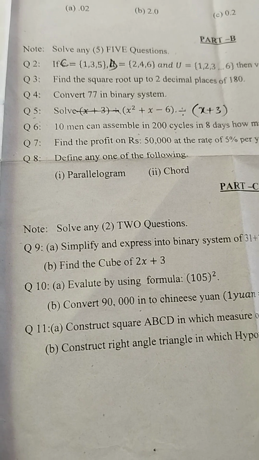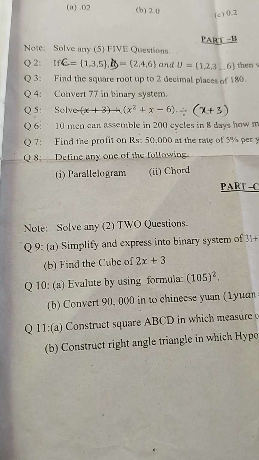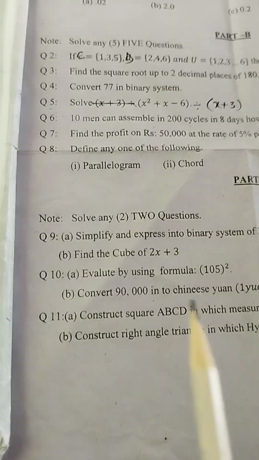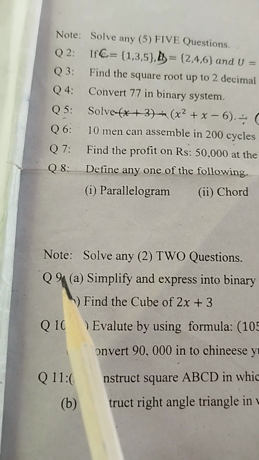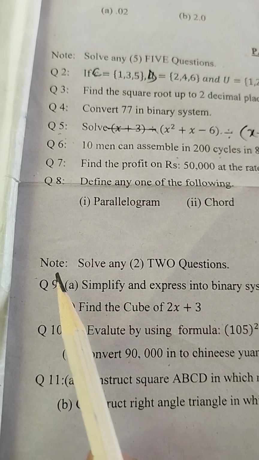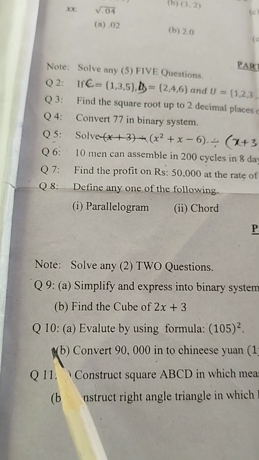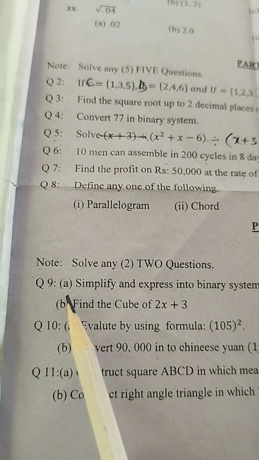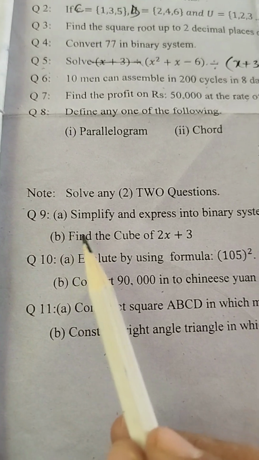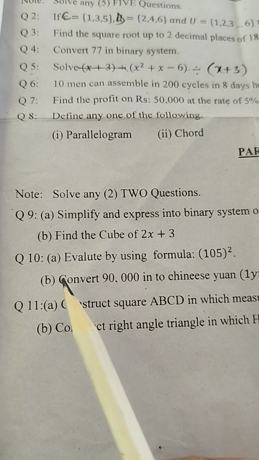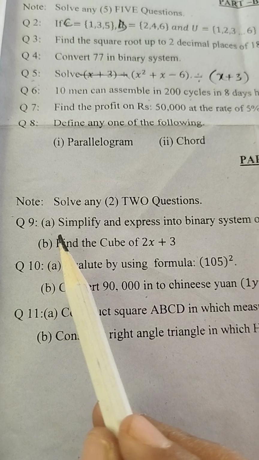In today's video, we will be solving an annual examination paper, Class 8, Part C. In Part C, you have a choice of one question. Only solve any two questions. And here we solve all questions. Question number 9A. In this part we have 40 marks. A has 20 marks, B has 20 marks, and first we solve question number 9A.